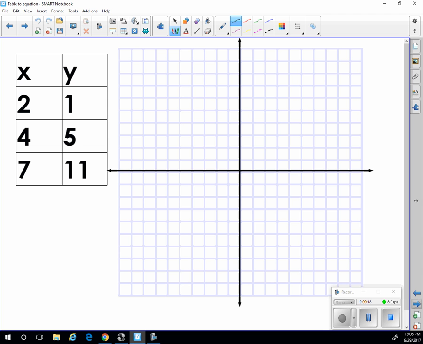Here's an example. We can plot these points. X is 2, y is 1. So if each one of these is 1, I go over 2, up 1, over 4, up 5. So our line looks something like this if I were to connect those points. And we keep going at that same slope across the y-axis there